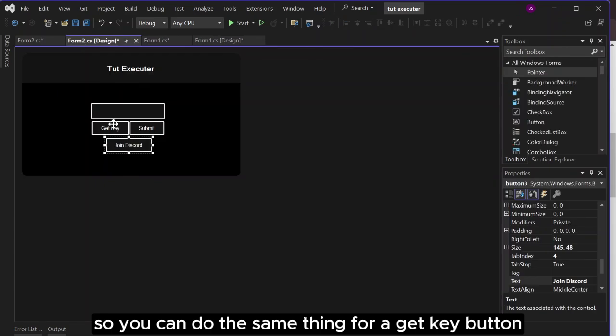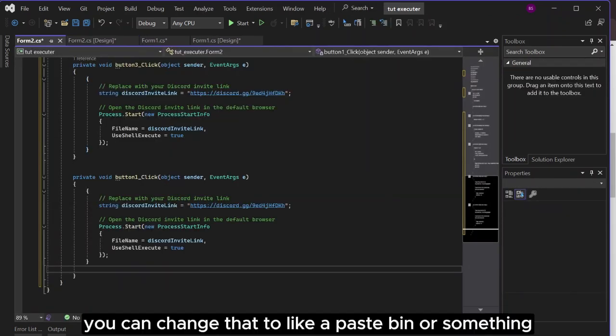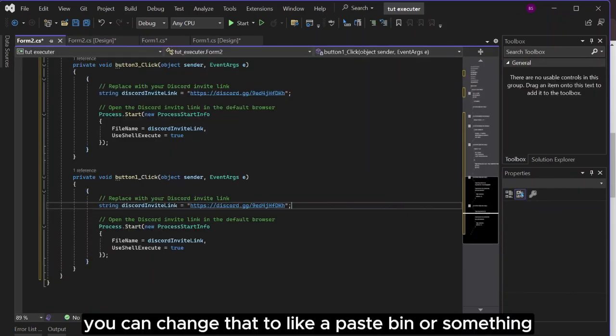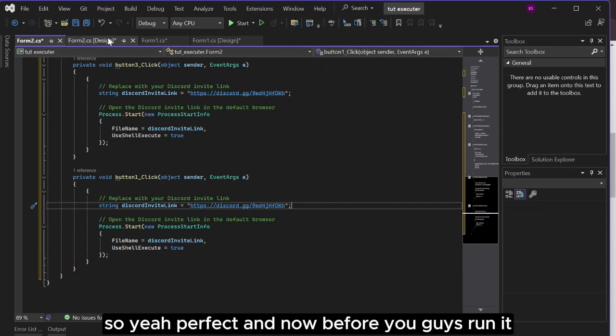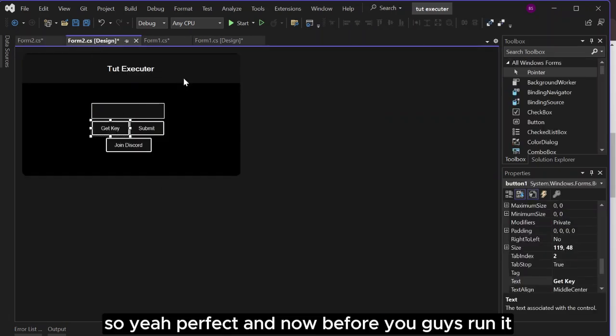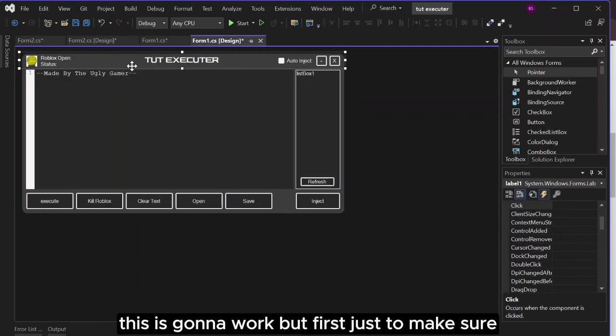So we can do the same thing for a get key button. You can change that to like a paste bin or something, or whatever you guys want. So yeah, perfect. And now before you guys run it, this is gonna work, but first, just to make sure,